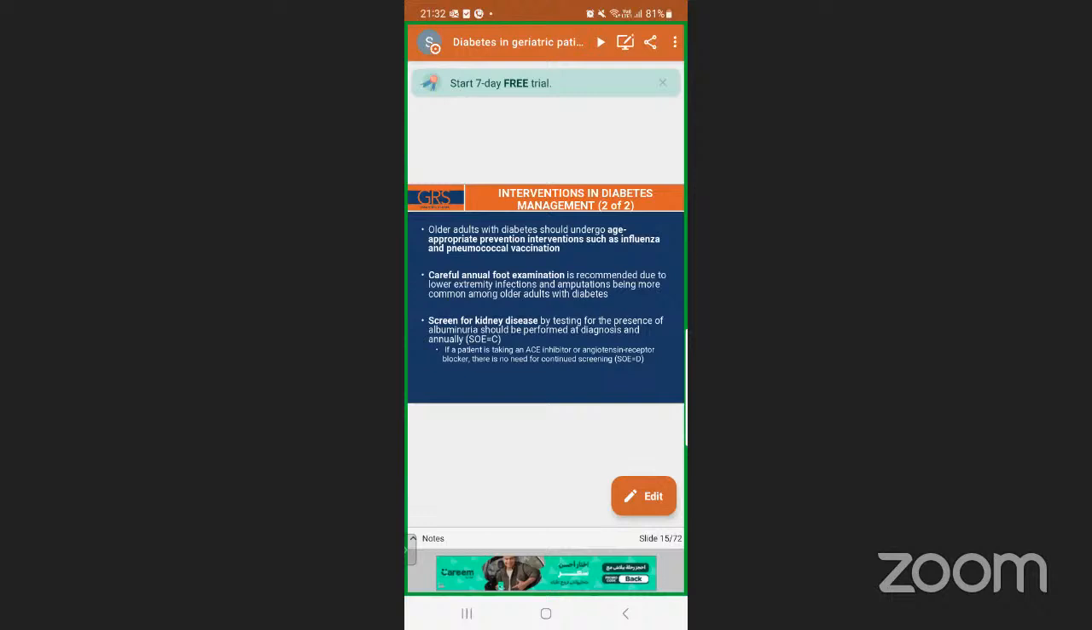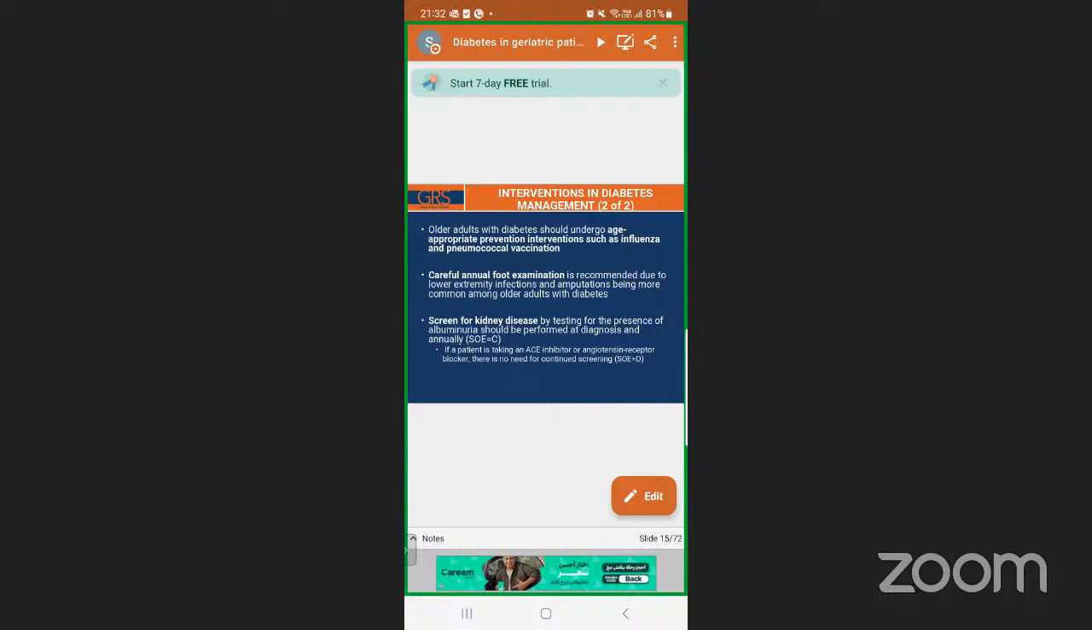The evidence strength is A here. Older adults with diabetes should undergo age-appropriate prevention interventions such as influenza and pneumococcal vaccination. As I said, careful annual foot examination is recommended due to lower extremity infections and amputation being more common among older adults with diabetes. Screening for kidney disease by testing for the presence of albuminuria should be performed at diagnosis